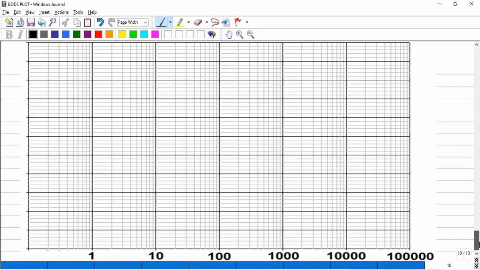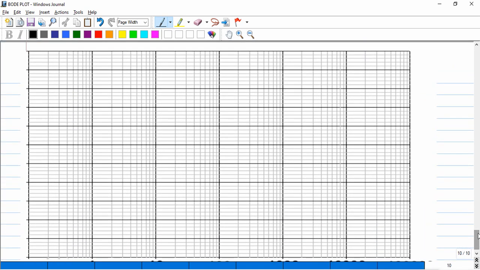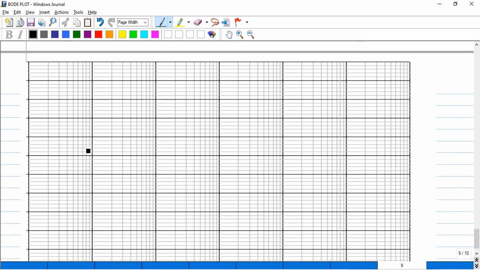So here please understand both the magnitude plot as well as the phase angle plot will be drawn in the same graph. You need to divide the semi-log graph into equal distribution. First half will be somewhere here and the second half will be below. We will compare these two values in order to consider the gain margin as well as phase margin. So here, by looking at the table, the maximum slope is 60.